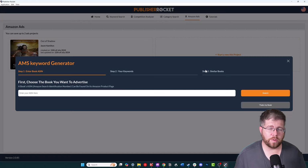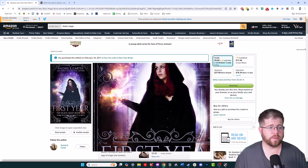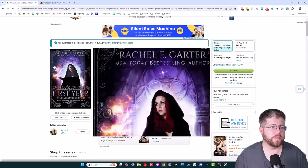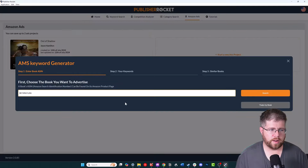Now, the only thing you won't be able to do is select the actual 7 Kindle keywords that that book had, but you can input keywords that you think are relevant enough that could work for that book, or maybe they're the same Kindle keywords that you would use for your book in the same genre, but you could absolutely do this. So, for example, I've identified this book right here, First Year by Rachel E. Carter, as being very similar to a book that I'm currently working on. And in this case, what I would do is grab the ASIN number here, put it in here,